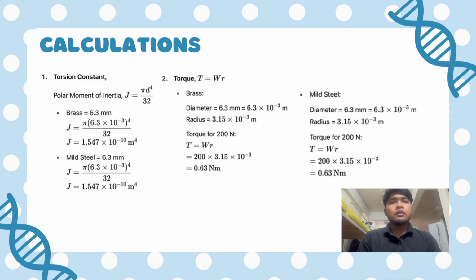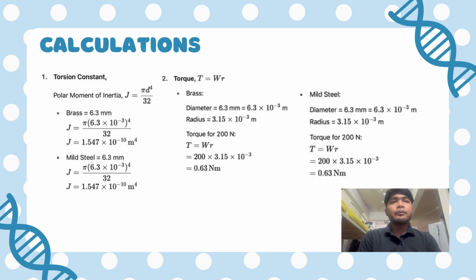The formula for torque is T equals W R. For the brass, the diameter is 6.3 millimeter, so 6.3 times 10 to the power of negative 3 meter. The radius is 3.15 times 10 to the power of negative 3 meter. So torque for 200 Newton, T equals W R, so we need to solve 200 times 3.15 times 10 to the power of negative 3. So the answer is